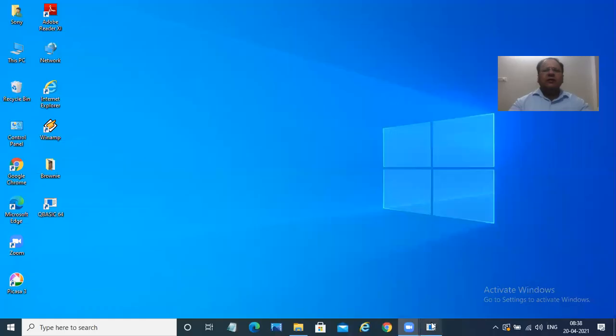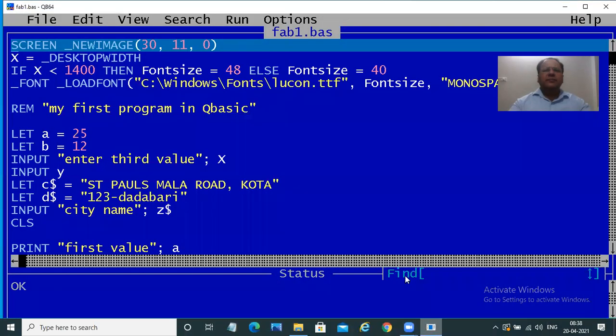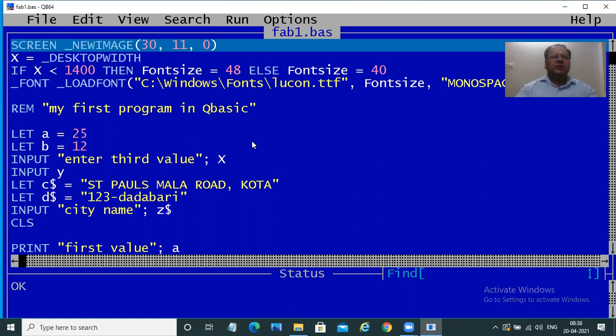So on my screen, I have it minimized. Let me share my screen like I usually do, because it is more convenient for me to explain that way. So I'll share my screen and I'll load onto my program, which yesterday we had created. So this was your program yesterday, and all of you, I hope, understood.